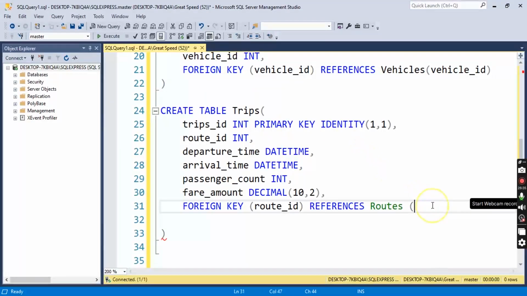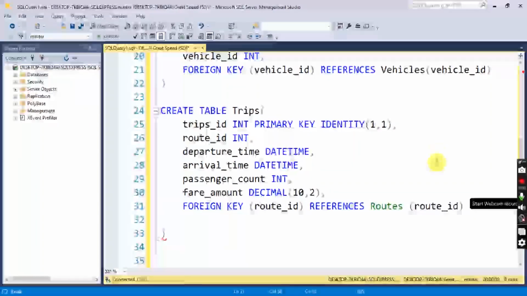My question is this. All right, go ahead. When you put that route ID there as a foreign key, Mm-hmm. that means only becomes